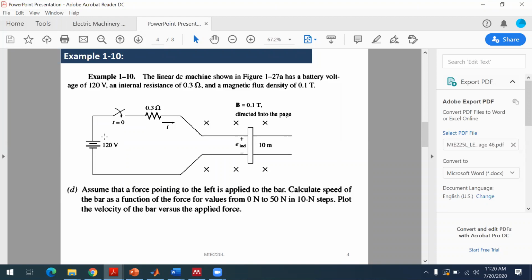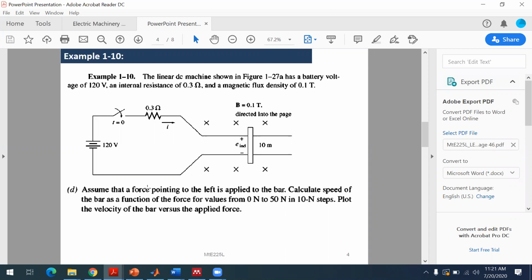Okay. So the question is that the linear DC machine shown in the figure has a battery voltage of 120 volt, an internal resistance of 0.3, and a magnetic flux density of 0.1 T, right? And what it is saying is that